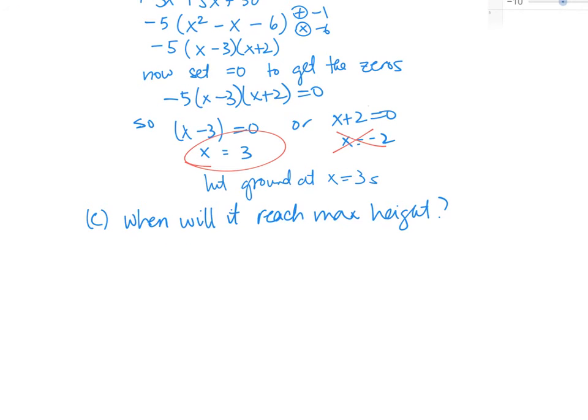The next question asks, when will it reach the maximum height? The maximum height occurs at the vertex. The vertex occurs on the axis of symmetry, and the axis of symmetry is halfway between x equals 3 and x equals negative 2. Halfway between x equals negative 2 and x equals 3 is x equals 0.5, so the maximum occurs at 0.5